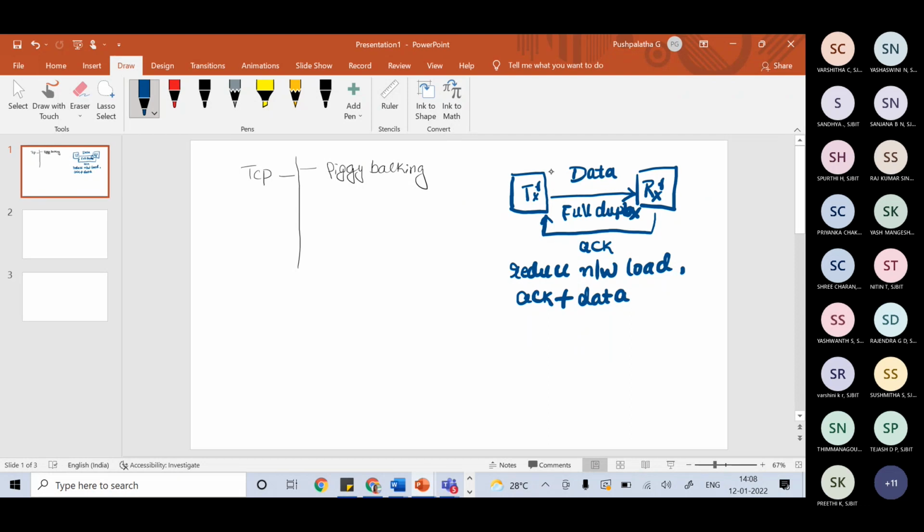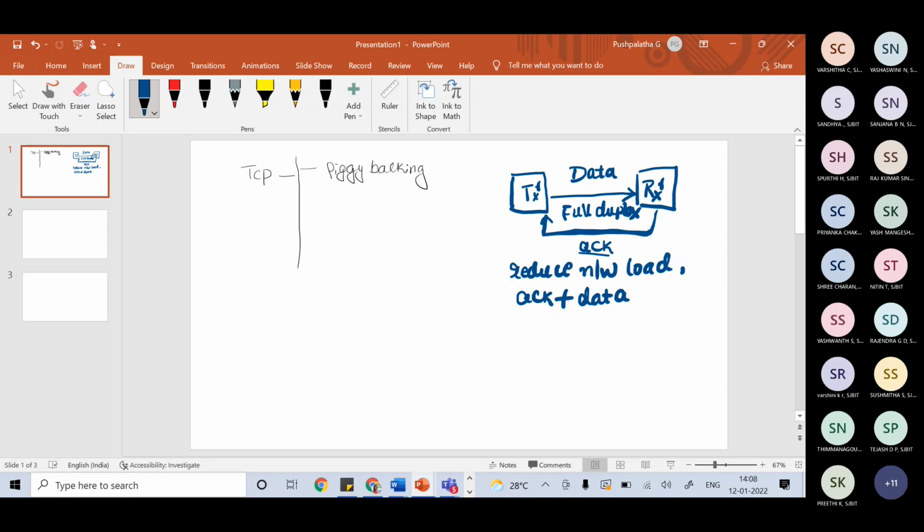So duplex means the sender will also send information to the receiver, and simultaneously the receiver may also send information to the transmitter, correct? In such a situation, if only an acknowledgement is sent, and then again data is sent, first it will send the acknowledgement, and the second time it should send the data, correct? So you are making a burden on the network, or increasing the load of your network, correct?